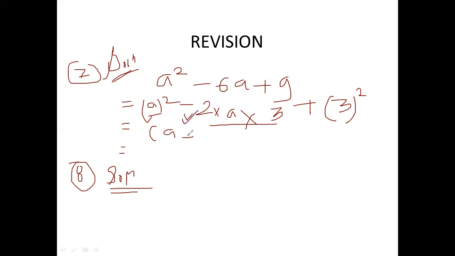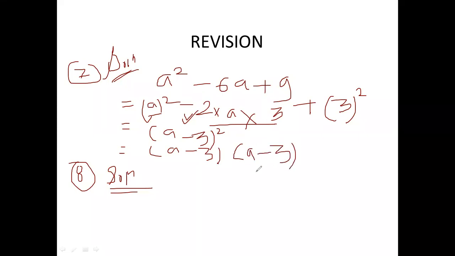(a minus b) whole square. Here is a minus sign, that's why it will be minus. If here is plus, it will also be plus. a minus b. b means there 3. So (a minus 3) whole square, right? (a minus 3) whole square means (a minus 3) into (a minus 3). These are the two factors. Sarah, understood?